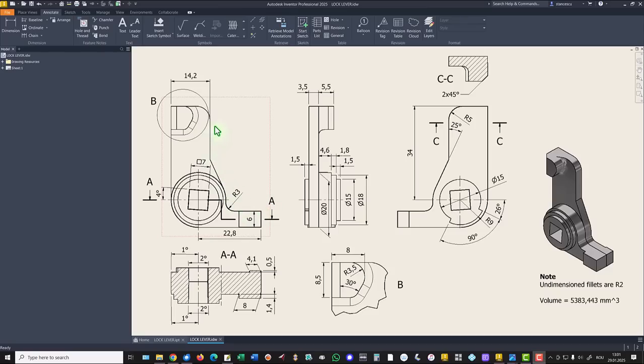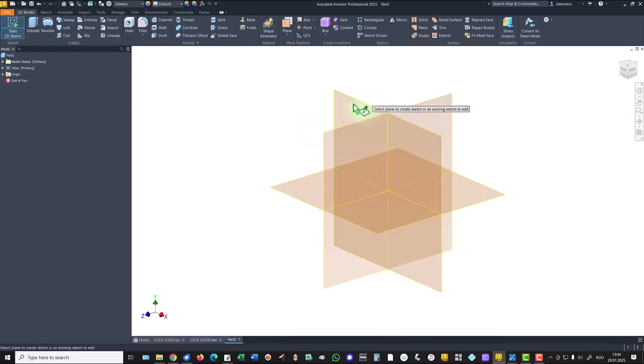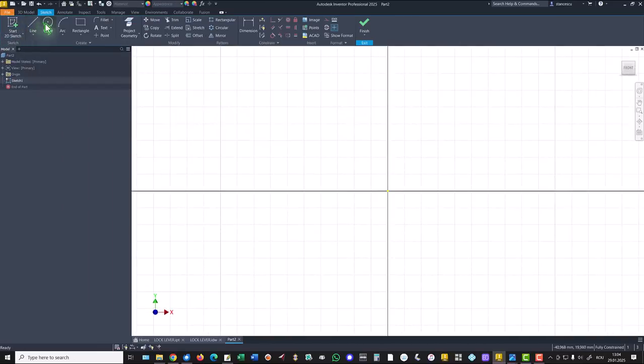We start by creating this contour and using dimensions 22.8, 6, 34, diameter of 20 for this circle, 14.2, radius 5, 25 degrees, and extrusion. New standard millimeters IPT, new sketch, XY plane, circle, diameter of 20,